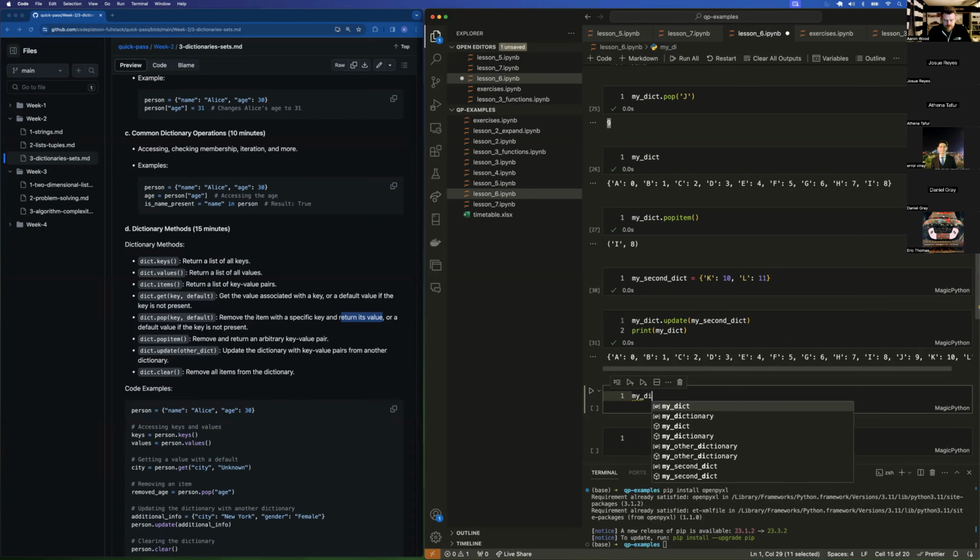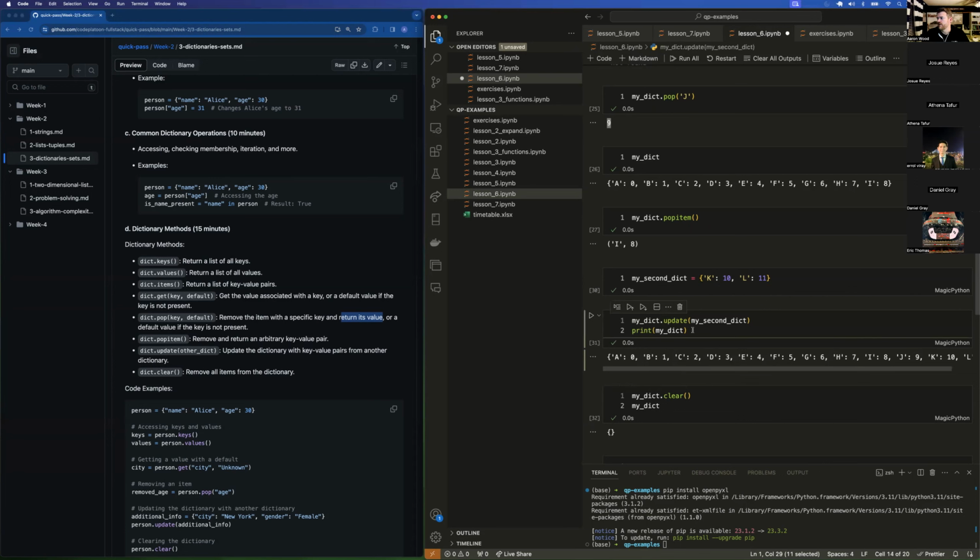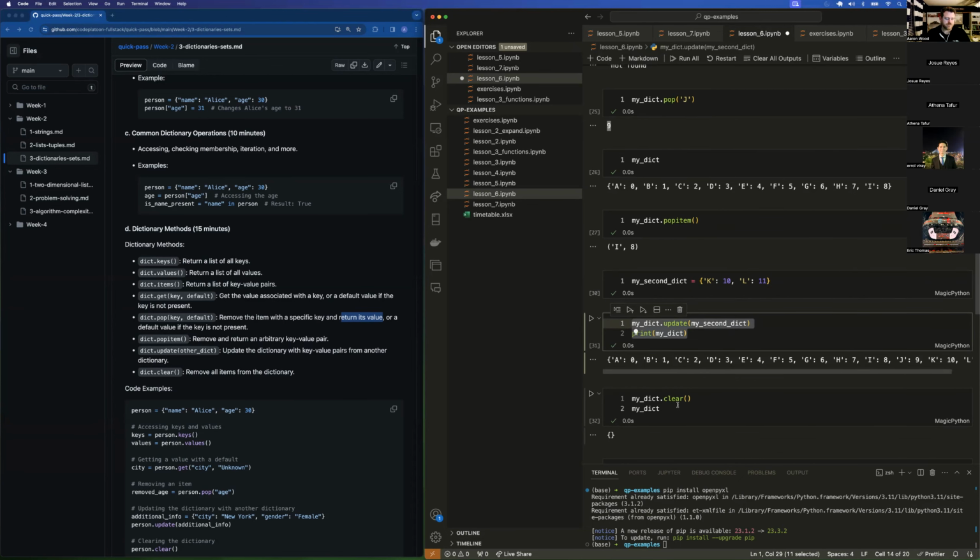All right, this last method. And I run that. I get back my empty dictionary. What would happen if I were to run this cell again? What would I get back? Now that I've run this cell and I cleared it, if I were to run this one again,